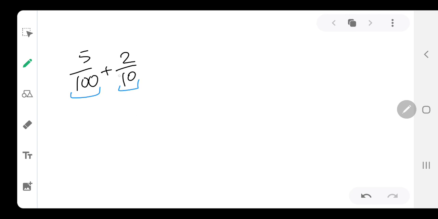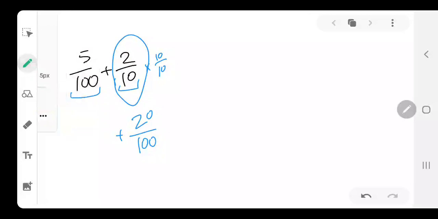So we've got to do something to make the denominator the same. And the one thing we can do is we can multiply this entire fraction times the factor of 10. Okay, so 10 on top and 10 at the bottom. Okay, and when we do that, the new fraction becomes 20 over 100. Okay, the original fraction we didn't change. All right, and now that we have both fractions with the same denominator, with a common denominator, we can then